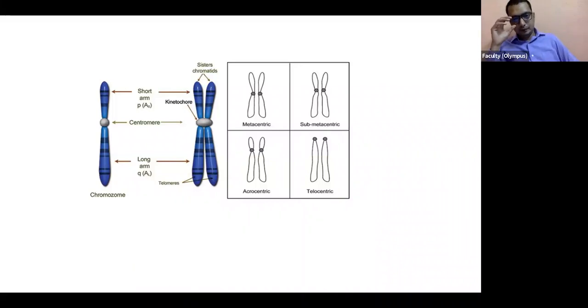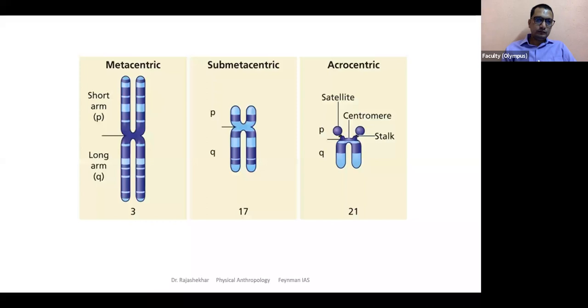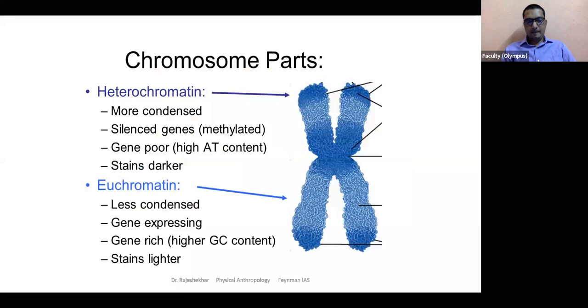Okay, right. So this is important for us to actually understand how karyotyping works. I wanted to introduce this to you. So is it clear what are the 4 different types of chromosomes based on the position of centromere? Okay, right. And this is something I was briefly talking to you about before. I just wanted to mention it because to understand a few aspects of staining, this is important for us.